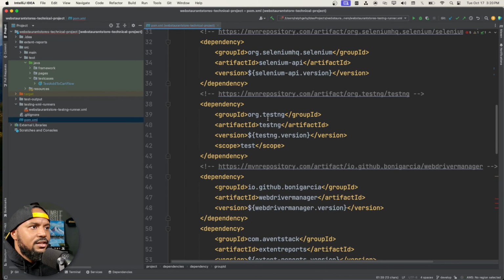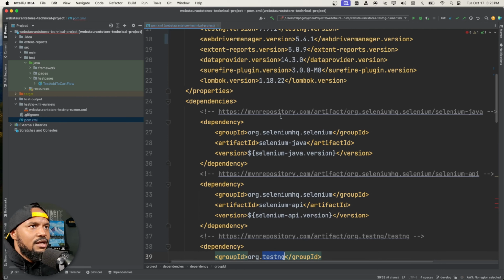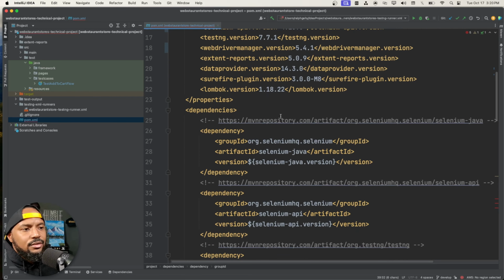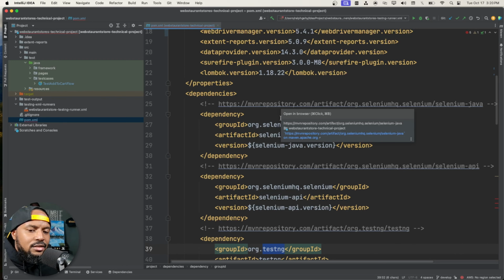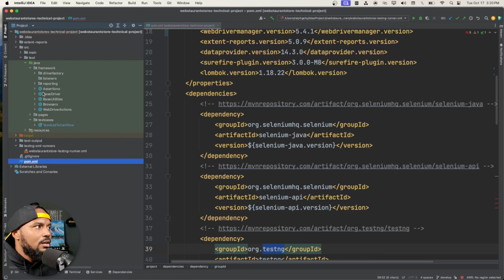And we have TestNG, we have Selenium API and Selenium Java. So all of these tools are being used. All of these packages and mini frameworks, or frameworks in their own right, are being used in this project in order for me to create my own framework. So now, in this framework folder, if we look at the top level first,